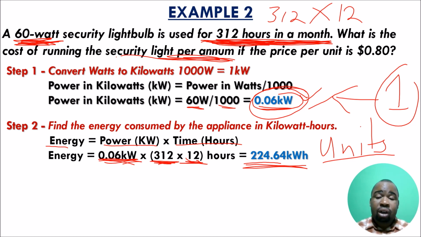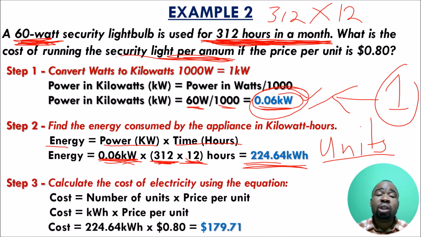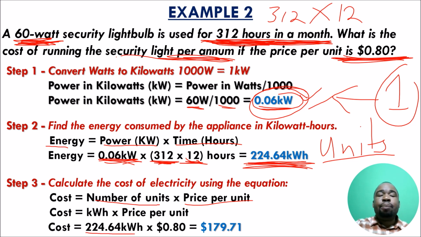Once the number of units are found, we go to step number 3, where we calculate the cost of electricity. The cost of electricity is very simple. If an orange is costing $2, what about 12 oranges? That's the ratio we're using here. They said each unit, each kilowatt hour costs 0.80 cents. What about 224.64 kilowatt hours? That's a straight ratio. You multiply the number of units by the price per unit. How many units are used per annum? 224.64 kilowatt hours times the price per each unit. We are going to get